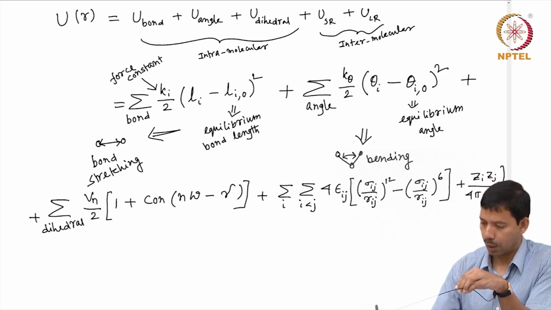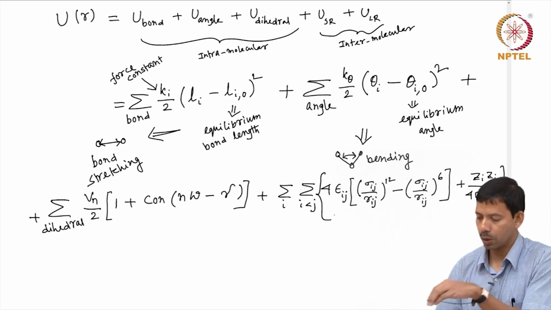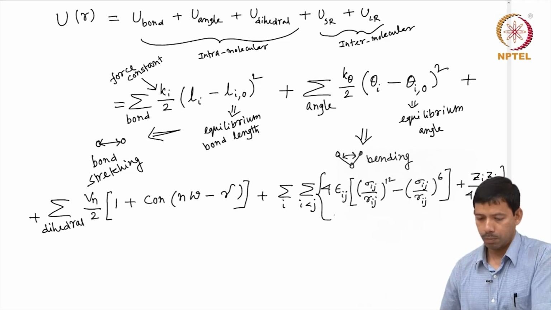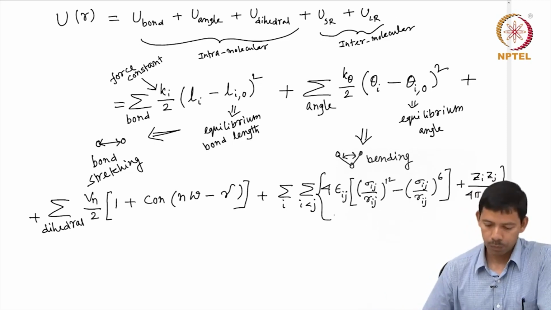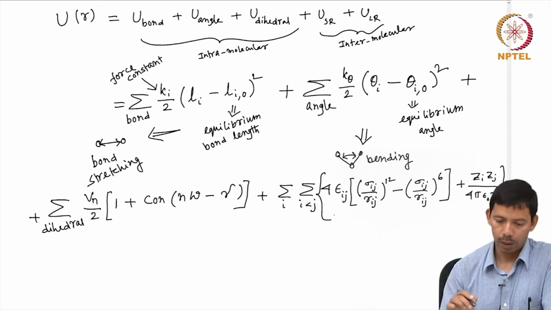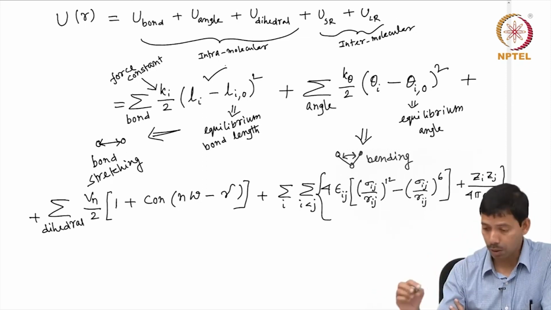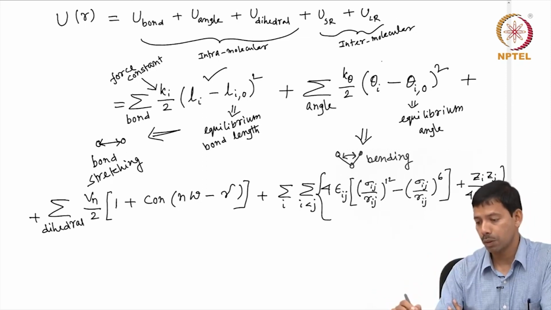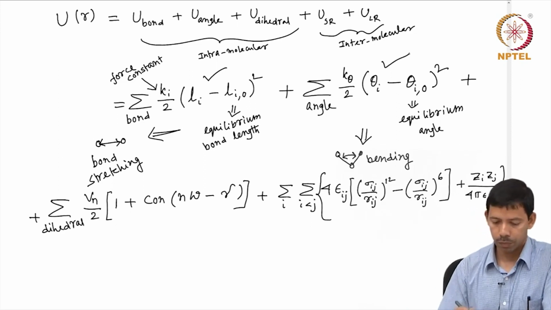So this I can put together. So this is the total potential of a molecular system, where you have the bond contribution due to all bonds in the system, you have the angle contribution from all the angles you have in the system, you have the dihedral contribution, and then you have